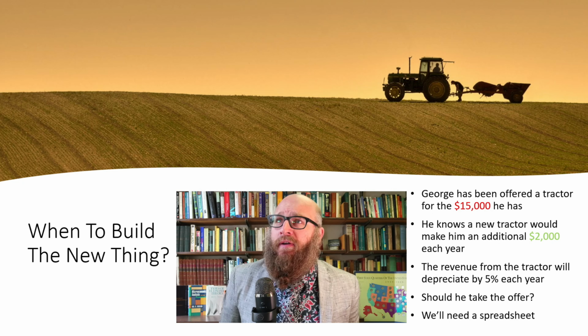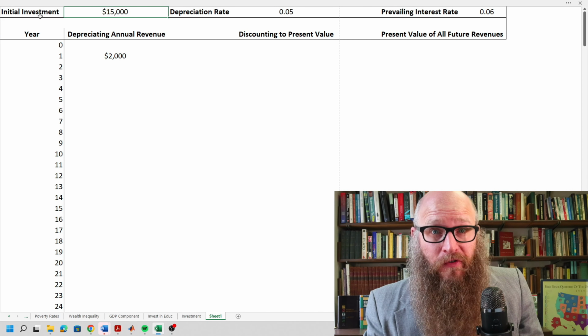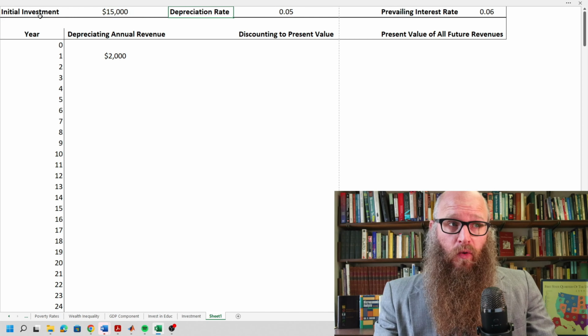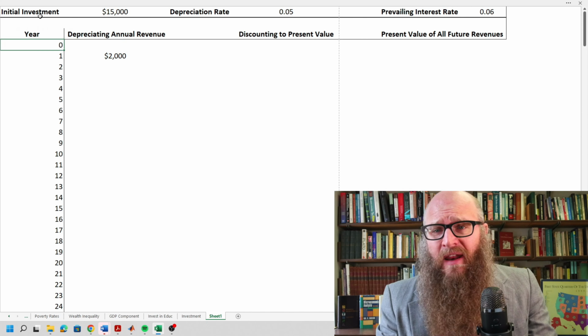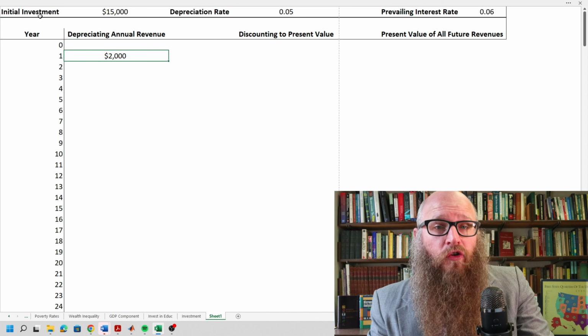This problem's a little more difficult. We're going to initially need a spreadsheet. That initial investment is $15,000. We estimate that the depreciation rate is 5% a year, and the prevailing interest rate representing his opportunity cost is 6% a year. In that initial year, he doesn't earn any revenues, but the next year after harvest, he earns